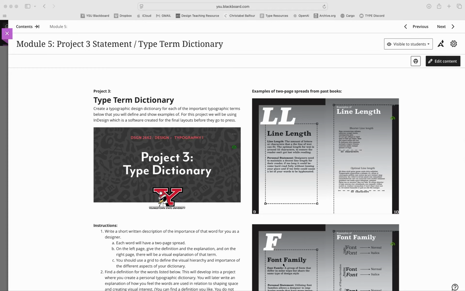This video will introduce the final project in this course, which is a type term dictionary. What you will be doing is creating a typographic design dictionary for each of the important typographic terms which are listed below. You'll define the term, show examples of that term, and then we will be using InDesign to create the final